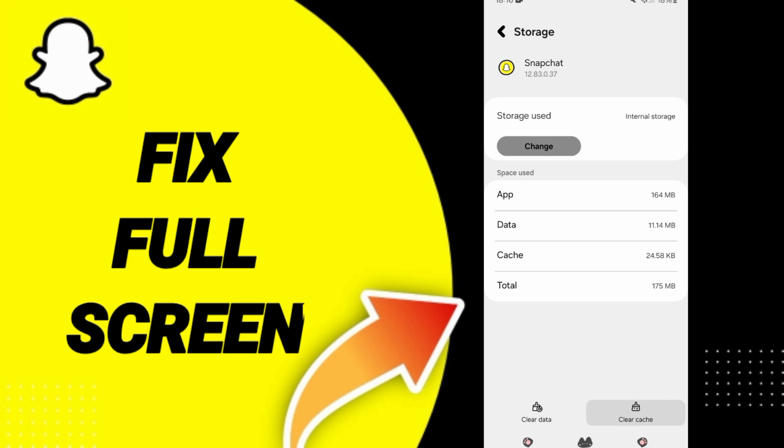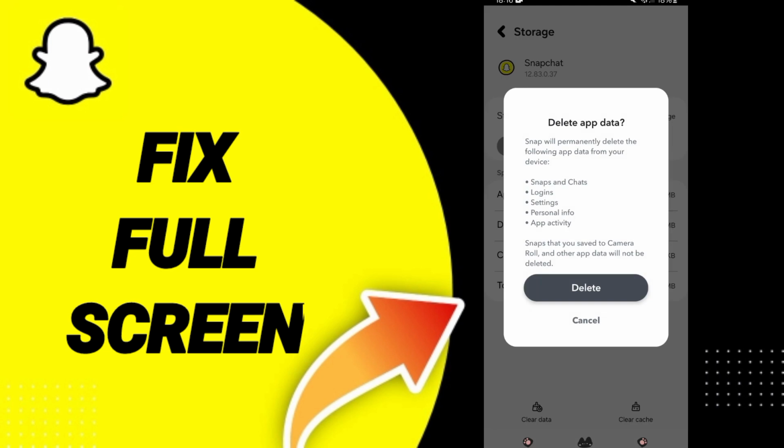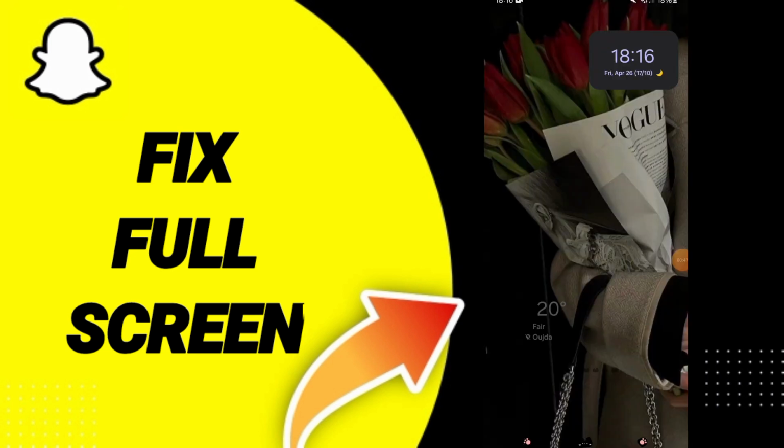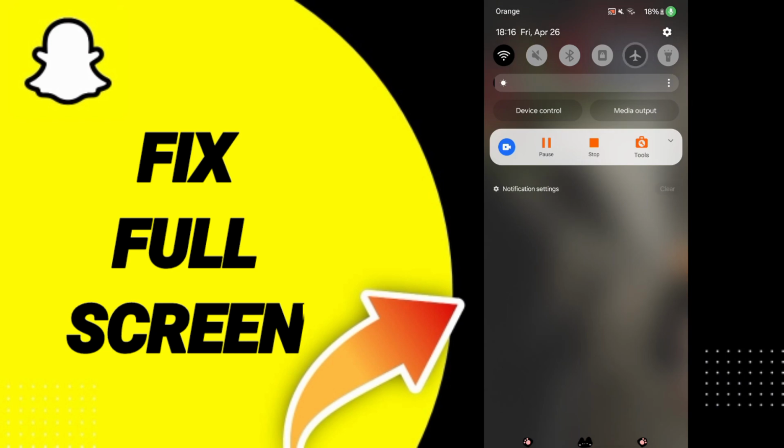Here you can click clear cache. Don't click clear data because that can cause you errors or can delete your account. In the end, you can turn on your airplane mode and you can turn off your airplane mode again to fix that